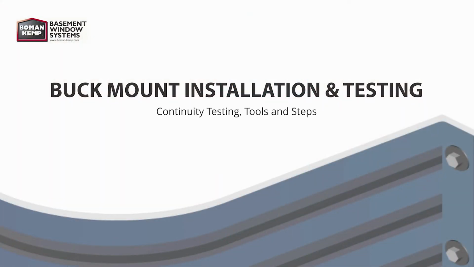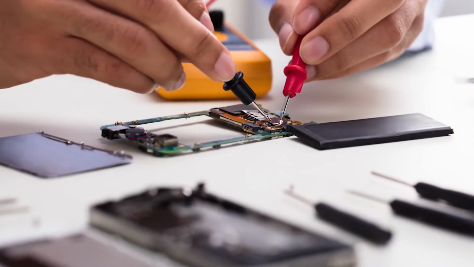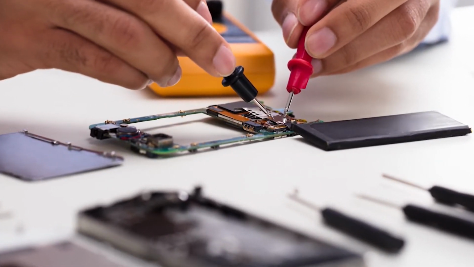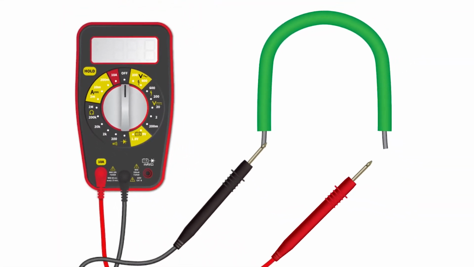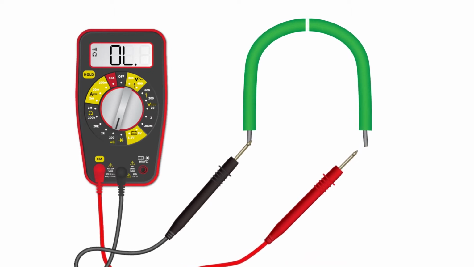The test you will be conducting is referred to as a continuity test. Continuity tests are used in electronics or electrical circuits to verify that current flows effectively through its intended path. For example, if we test this wire with a multimeter it shows that there is a continuous flow of current through the wire. However, if there is a break in the wire, the metallic path is separated and there is